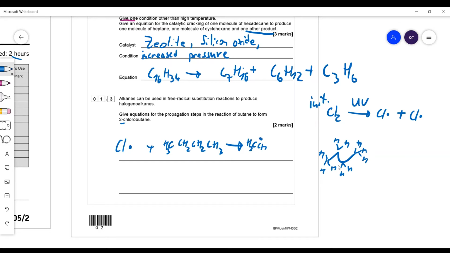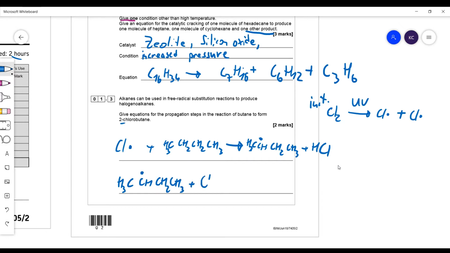CH3CH, so this is going to be a radical on this second carbon, CH2CH3, and we're going to generate also HCl. And now we have the second radical here, CH3CH